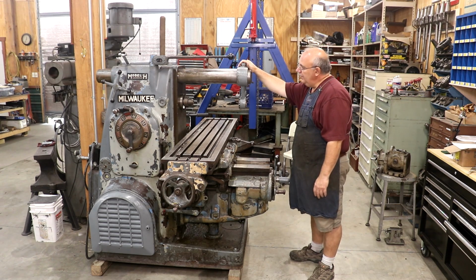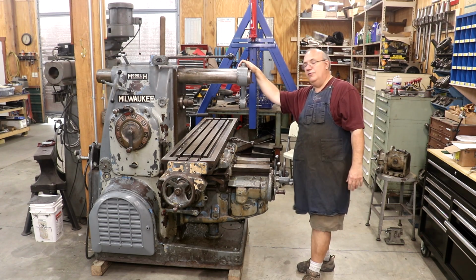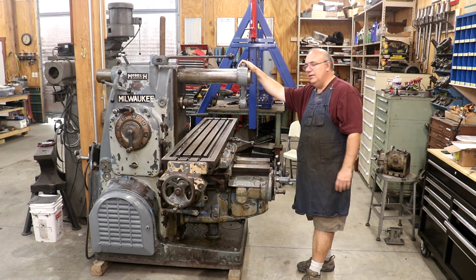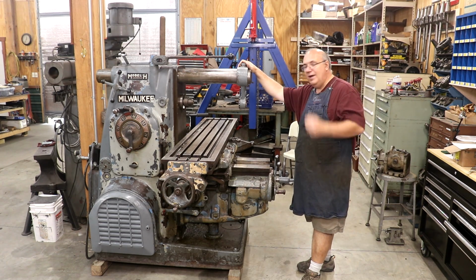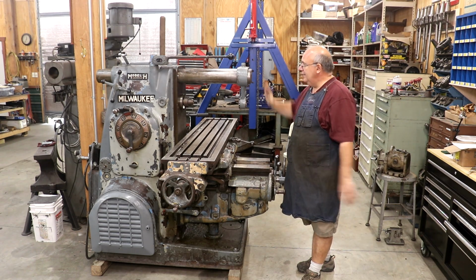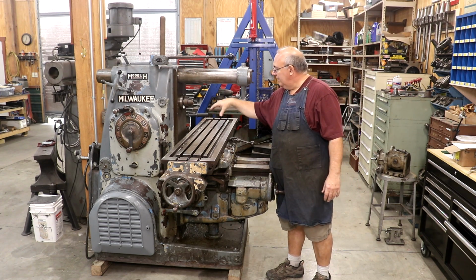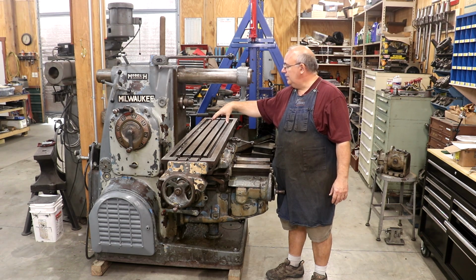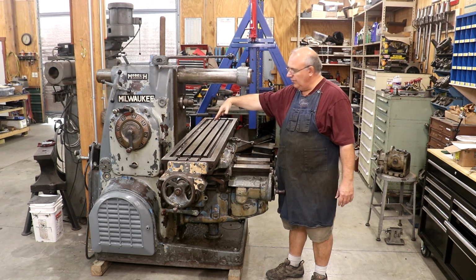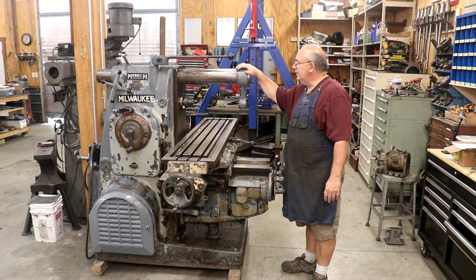The other thing that I would really like to find for this machine is a universal head. I did have a universal head for my 2H. I sold that with the machine. The person that bought it bought the universal head. I gave him the option of buying just the machine or buying both. He opted to keep the universal head with it. So I would like to get a universal head for this. What the universal head allows you to do is to actually use it like a vertical milling machine, or depending on the type of head you got, you can actually spin it around in all kinds of funky angles. So you could have it cutting at a 45-degree angle or something like that. That is something I would like to